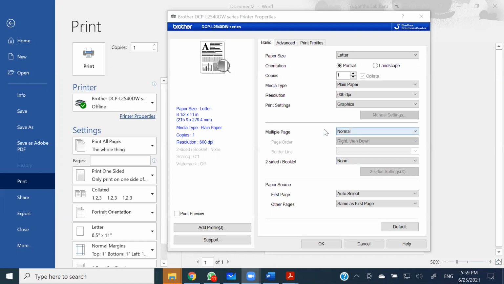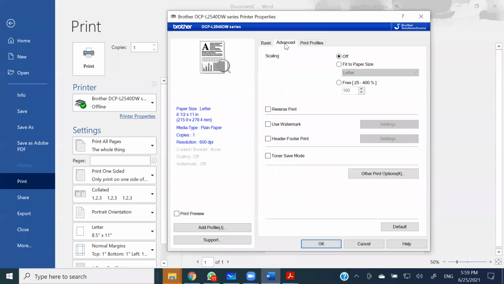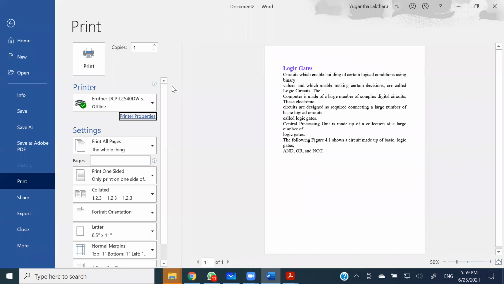And you can choose how many pages are going to be printed over here, and as well as from here, those can be done, right? And when it comes to the advanced, we can change some of the things, like we can zoom out the document, or we can zoom in. We can do many different things, and you really don't need to know about these things because it is not in your syllabus about the printer properties. What you have to know is